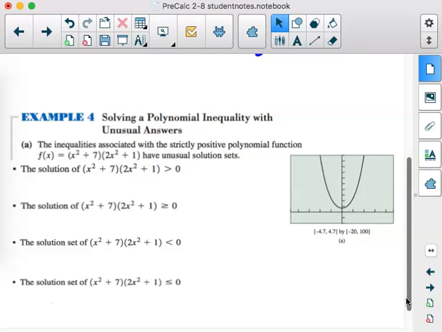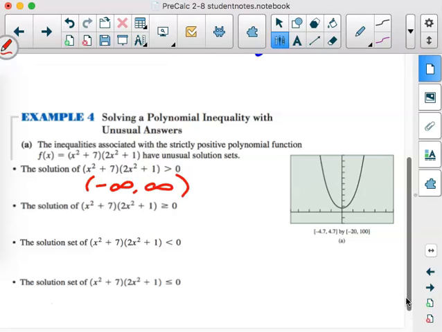Well, always, because it's above the x-axis. And it's always above, so negative infinity to infinity. Well, when is it greater than or equal to 0? Well, that's kind of silly, because, you know, we already said it's greater than 0, so it's still going to be negative infinity to infinity. When is this graph less than 0? Never. Well, like I said, we try to stick with set notation, so we're going to put the empty set,